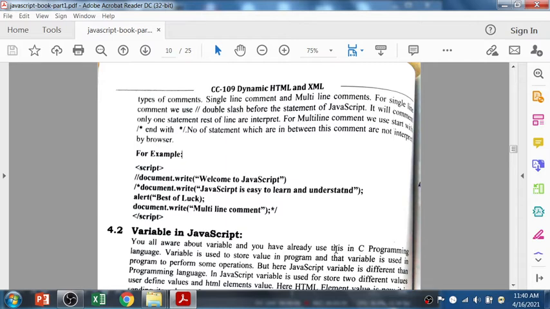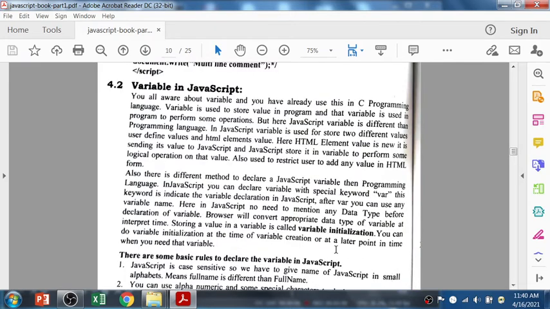The next that we have is variables in JavaScript. You are all aware of variables. You have already used the C programming language, so you know the variable.